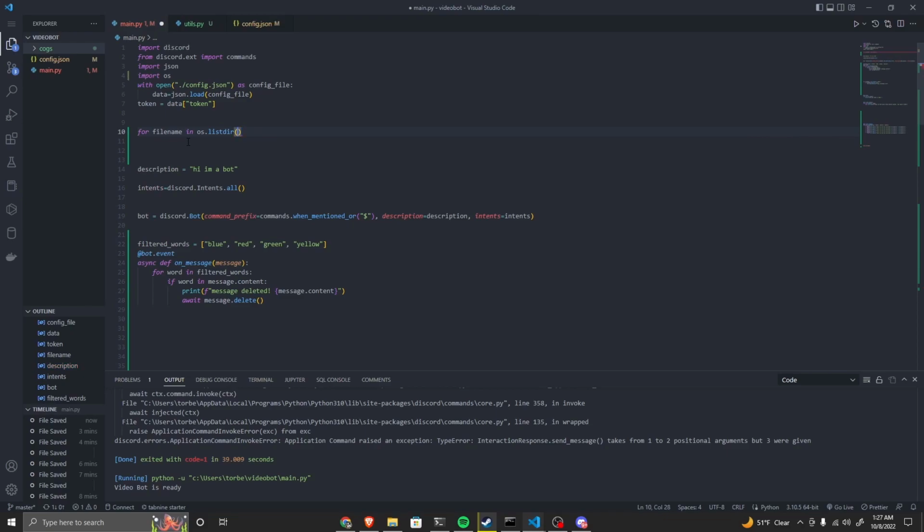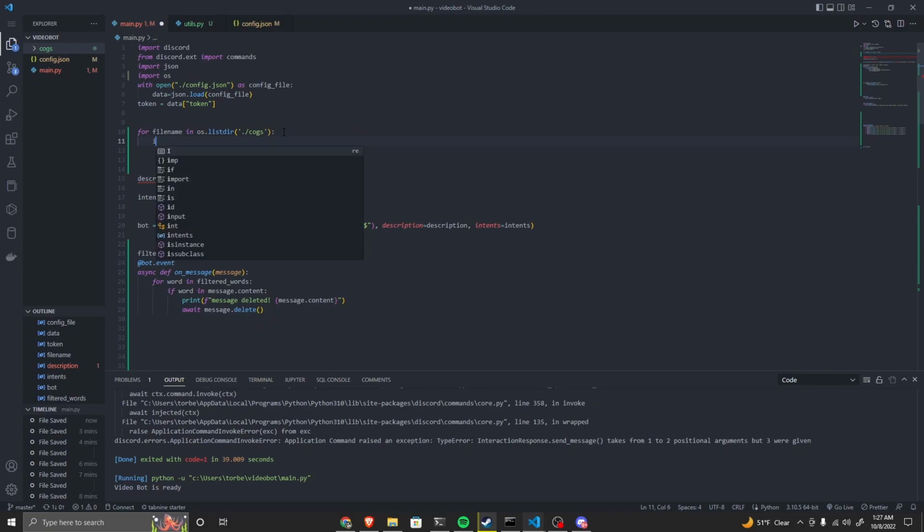This is just listing each file in the directory, and our directory is going to be ./cogs. So for each filename in cogs, if filename.endswith .py, so this